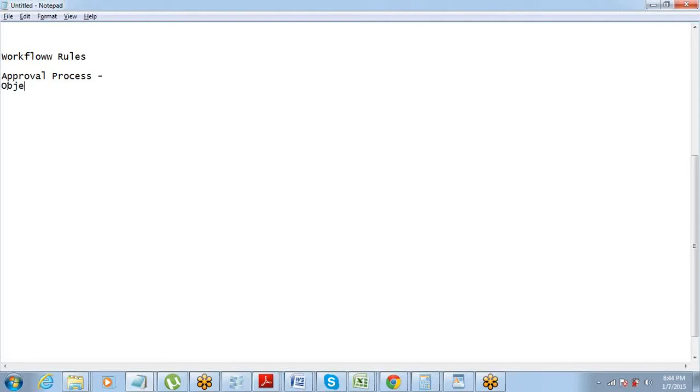Okay, so certain record, if it meets criteria, it is sent for approval. Okay, sent for approval to anyone. It can be sent to the manager, it can be sent to some employee. Okay, so you also have to define who is going to be the approver. You have to define what criteria you need for any record which needs approval. Let's say any opportunity which is more than a certain amount needs an approval. You need a PTO which is more than 3 days, you need an approval, something like that. So that criteria can be defined, that any record which meets this criteria needs an approval.